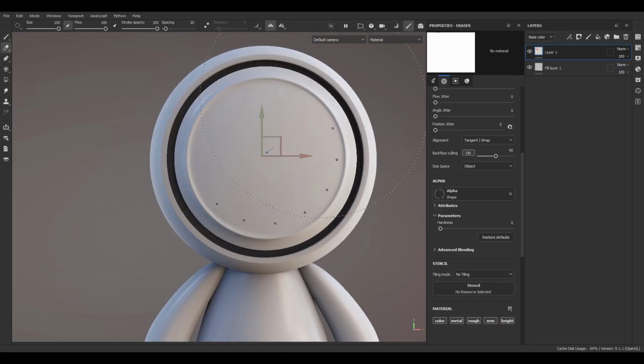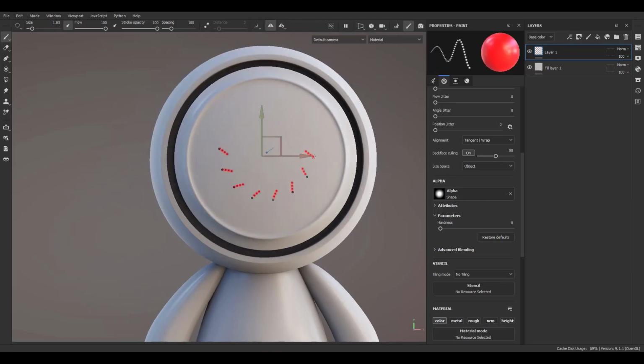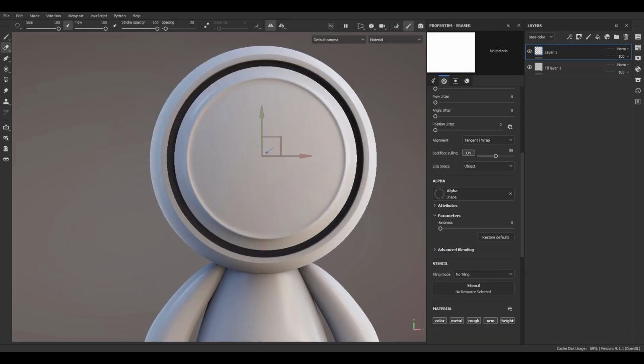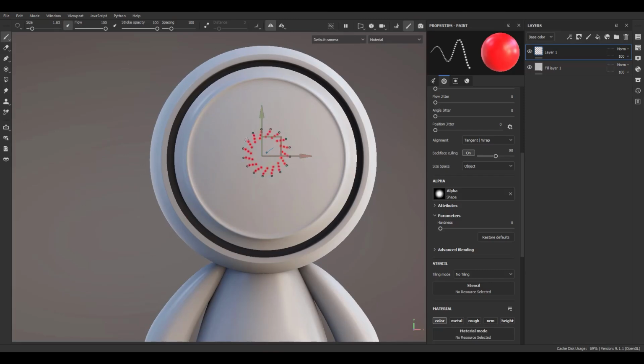So it's like this. Okay, so we have control of the symmetry or cursor count, and we have control of the angle span. So let's put it on 360, and let's increase the count, and let's remove everything, and boom,